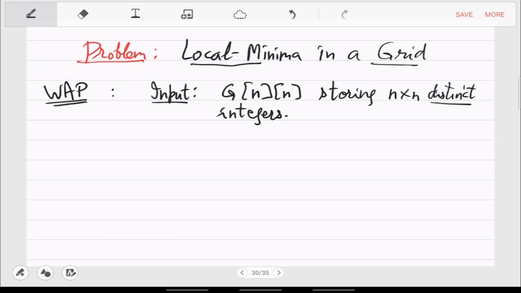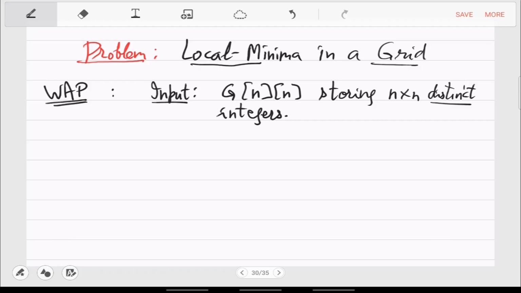And what you have to output is a local minima. So if you had to output the global minima, then how many steps will be required? Then you have to see every element in the grid, in the 2D array. So that will be n square, right? There is no way that you can beat n square, because whichever cell you miss, an adversary can put the minima in that cell. So this is a lower bound proof of n square. We will not try that, because that you already know.